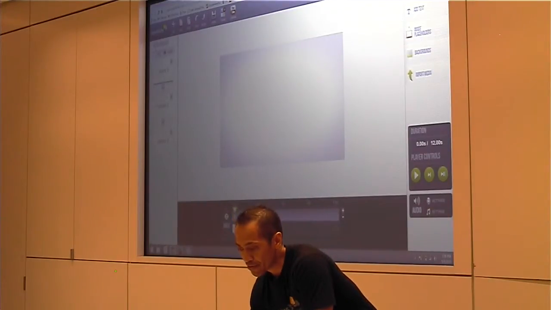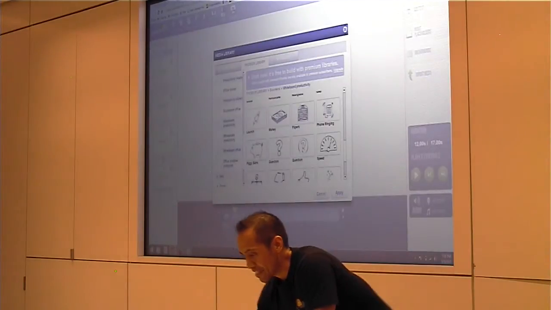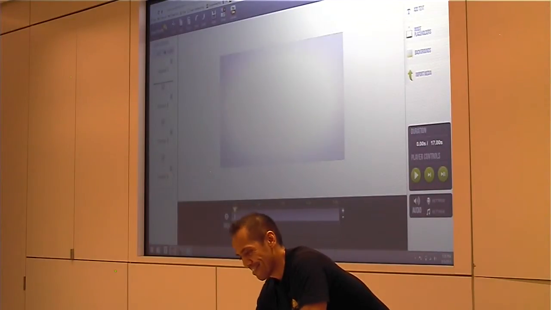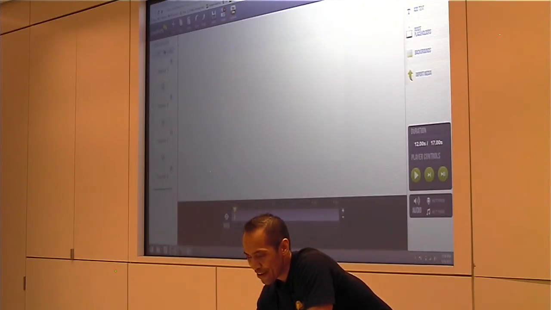I'll show you what the process of creating a video or placing media on the stage actually looks like. So here we have some assets. This is a whiteboard icon. Once you place it on the stage, without a delay, it would actually show up. We know it's the Wi-Fi. Okay, so once it's on there,